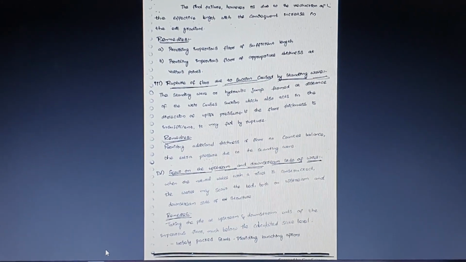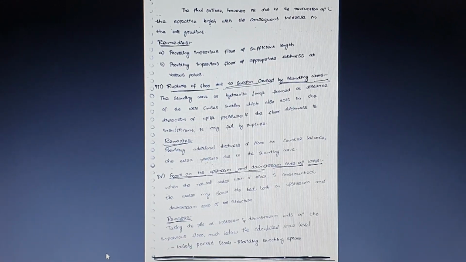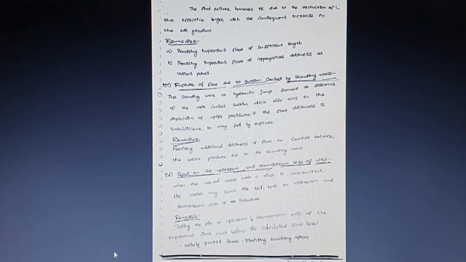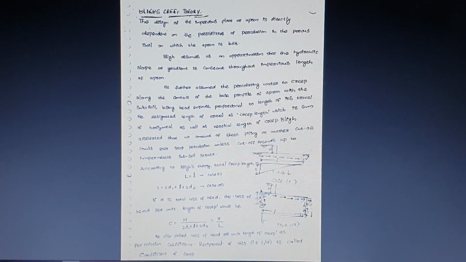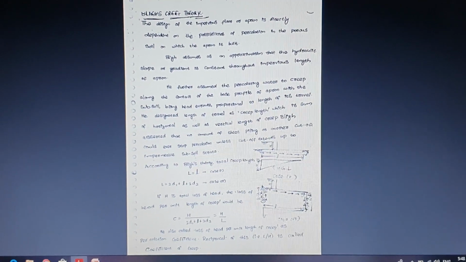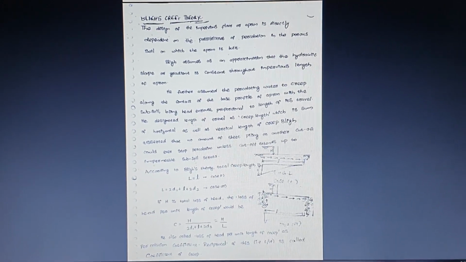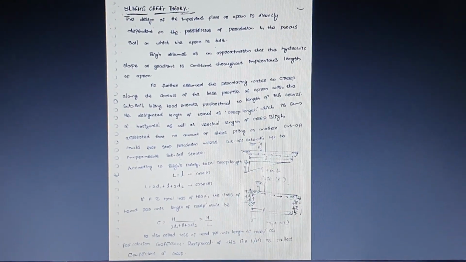So these are the 4 different types of failures which occur due to the diversion headwork, and please don't neglect this question. One more important topic for your external is the Blitzkrieg theory. Blitzkrieg theory assumptions may be asked in your long answers as well as the short answers, and he may also ask you to explain the Blitzkrieg theory and Kosla's theory. So now we will be discussing what the Blitzkrieg theory is.